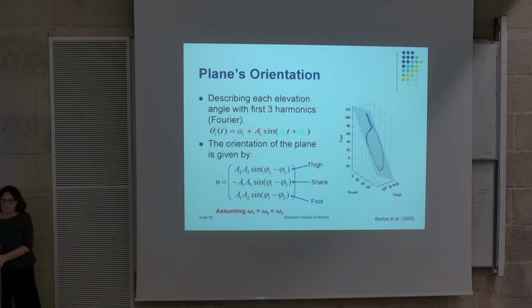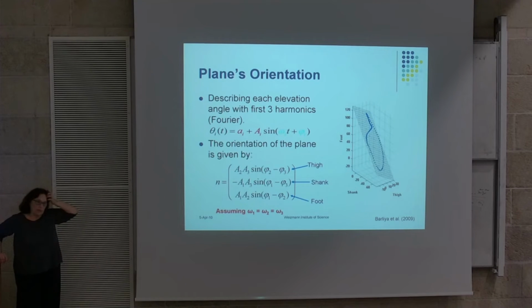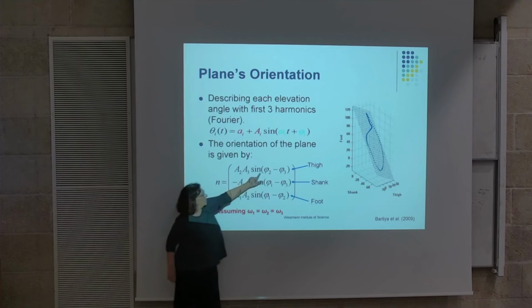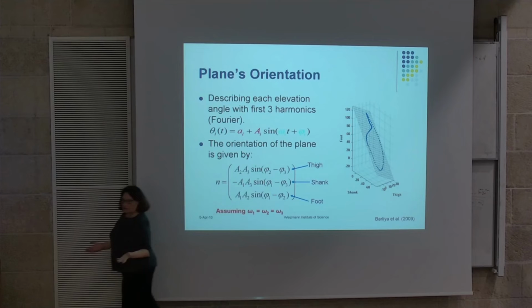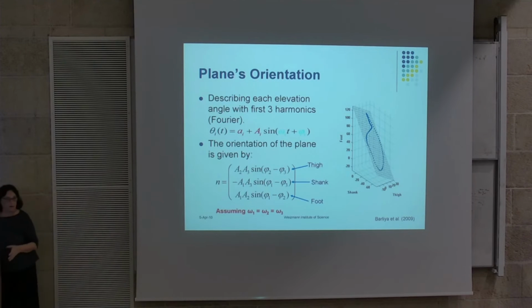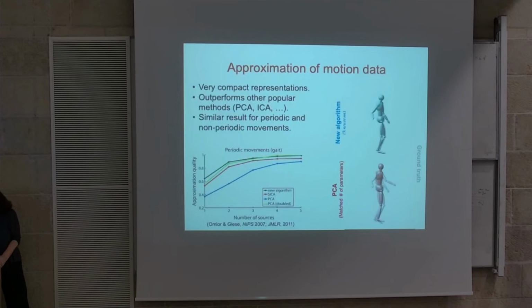The question is, what happens in different diseases? In Parkinson's, for example, or in cerebellar patients. In Parkinson's, we have a very similar kind of description, and this planarity is preserved, but in cerebellar patients, this time shift, it feels like a phase shift but it's really a time shift, is disturbed. Therefore, you get a kind of deviation from this shape, and this can account for the behavior we see in these patients.